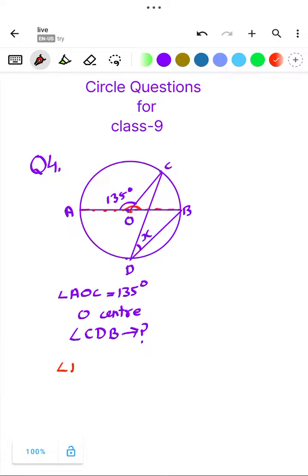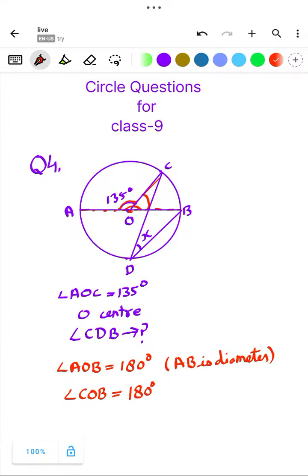So angle AOB will be diameter of the circle. Okay. So if this angle is 135, then this angle, which is angle COB, will be equal to